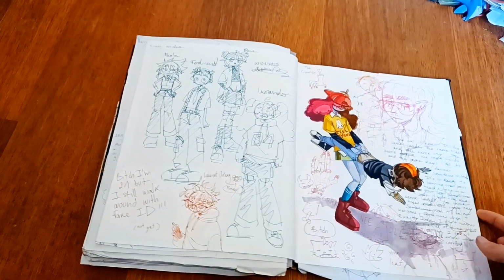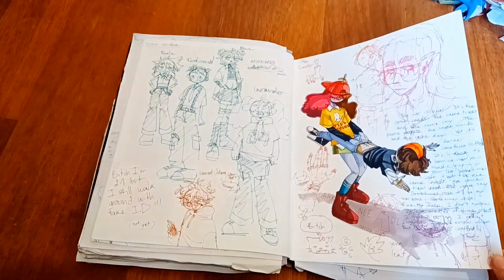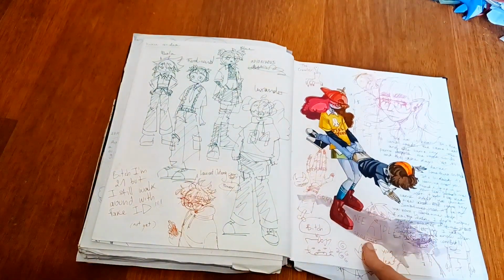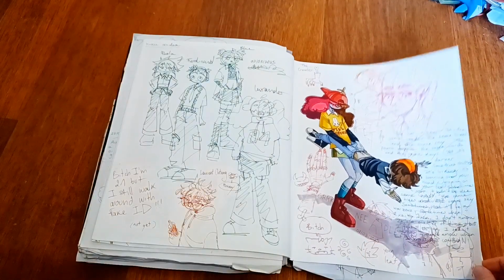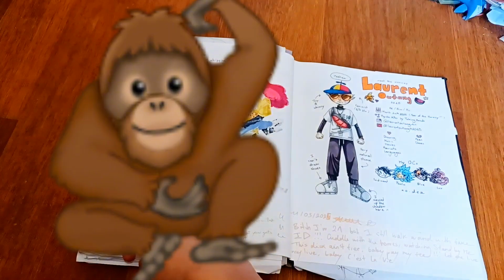Also, it was 20. I don't know when this was. It was in March 2025, so it was like 6 months ago. I know how to count. So I was about